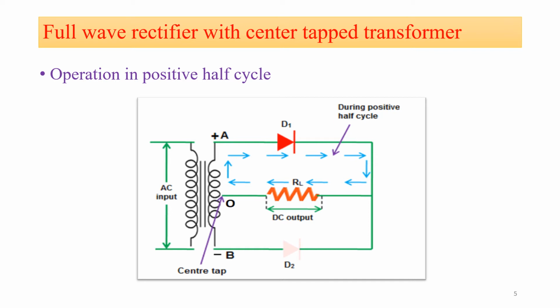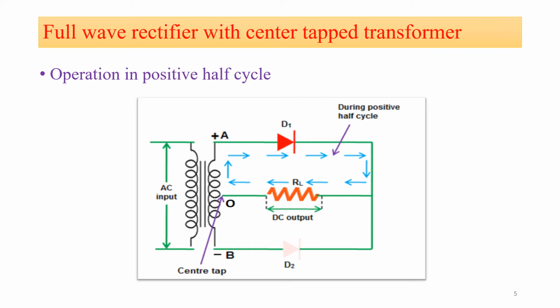Similarly, please check whether your diode D2 is in forward bias or reverse bias condition. If you see the connection of diode D2, the anode of diode D2 is connected with the negative terminal while the cathode is connected with the positive terminal, because your VBO is negative, meaning B is negative and O is positive. So, as the anode is connected with negative and the cathode with positive, diode D2 will be in reverse bias condition. So, for the first positive half cycle, diode D1 will be in forward bias condition